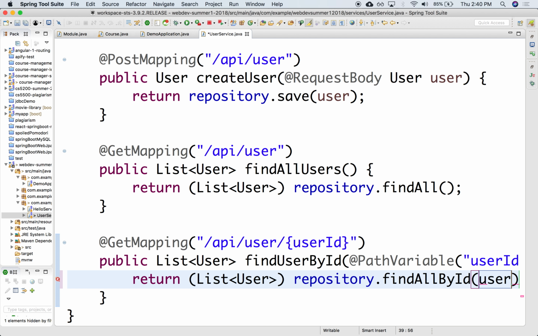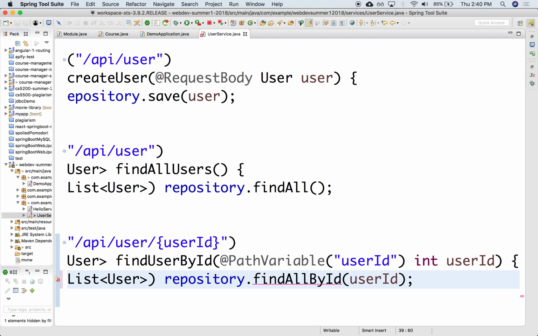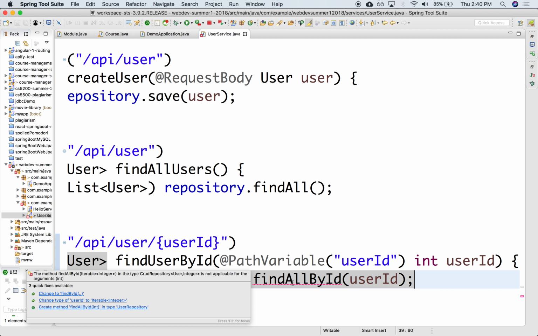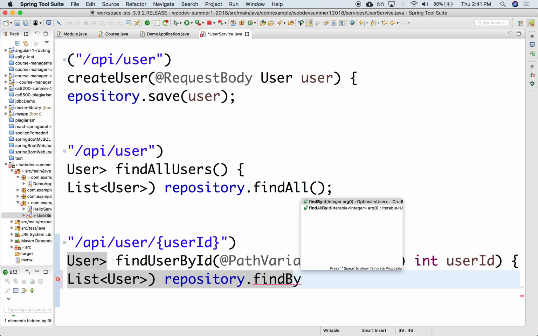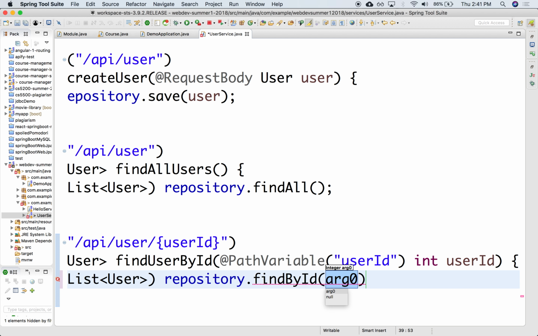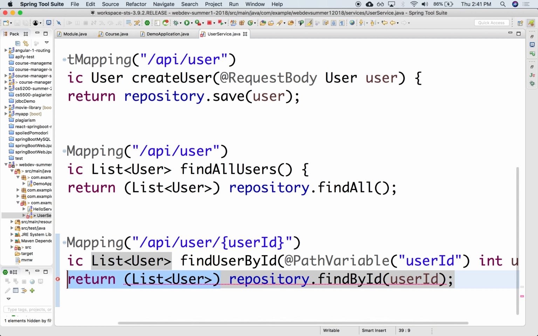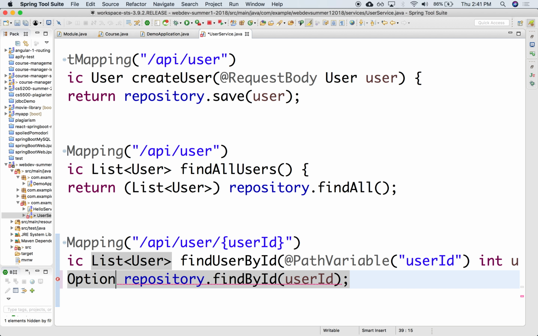Okay, and pass in the user ID as an argument, and find all by ID. Notice that it returns... find. Oh, I'm sorry, find by ID. Okay, find by ID. All right, and then this is user ID. And this returns... Oh, okay. I think it returns an optional because it could return null, right? And so you want to be able to handle it gracefully. So optional user data,